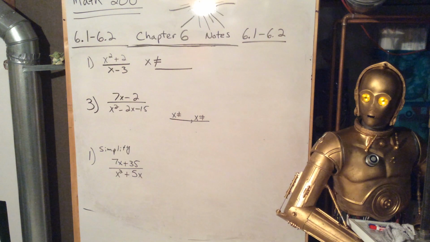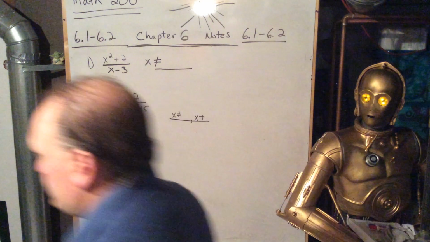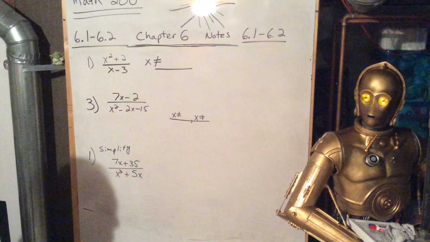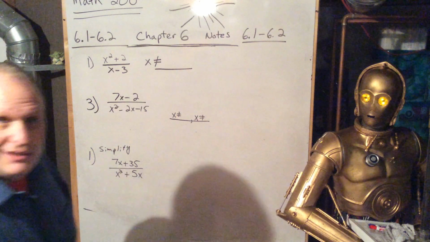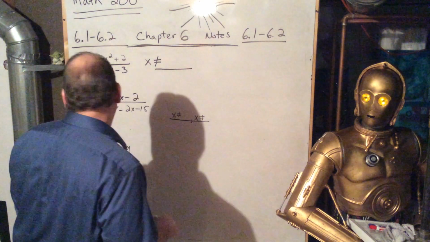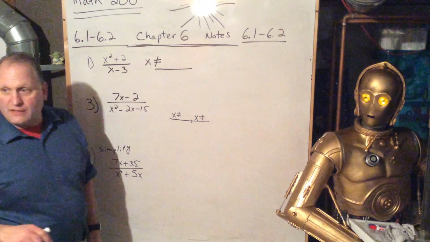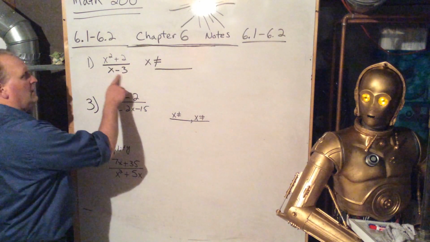All right, we're Math 200. We're looking at Chapter 6, 6.1 and 6.2 notes, dealing with rational functions. So when we look at rational functions, what we're talking about is